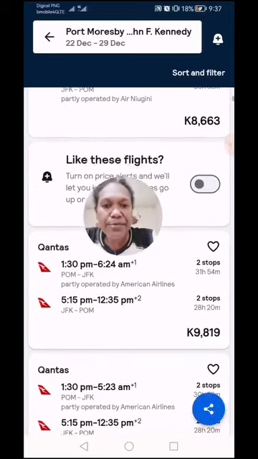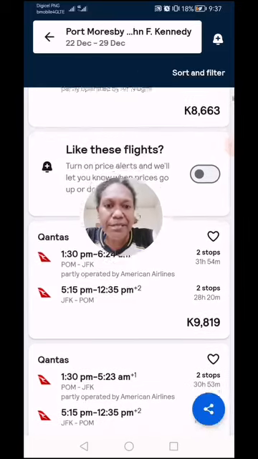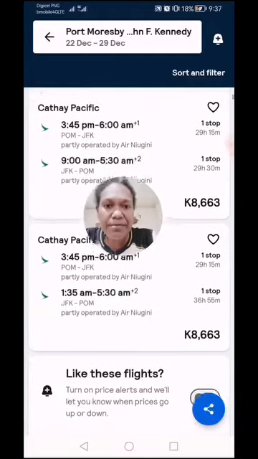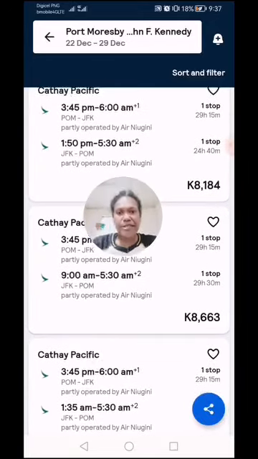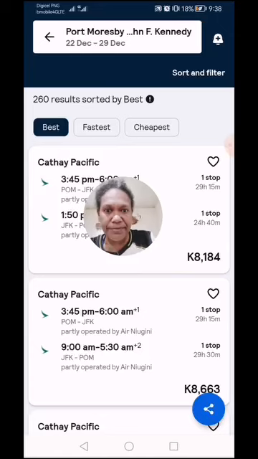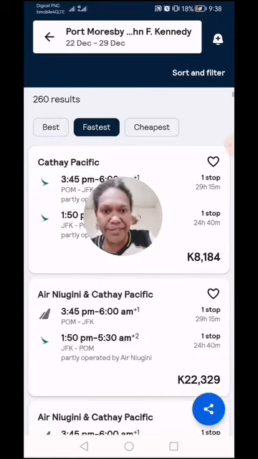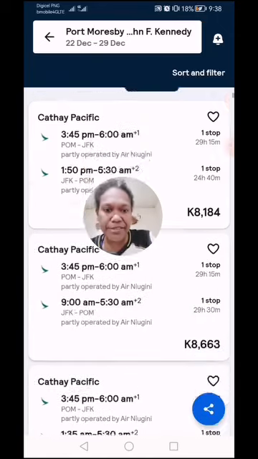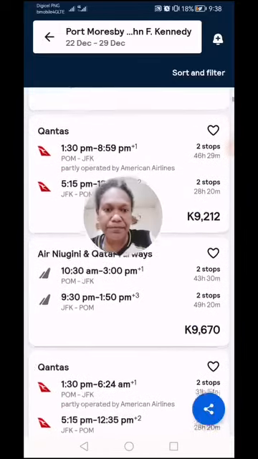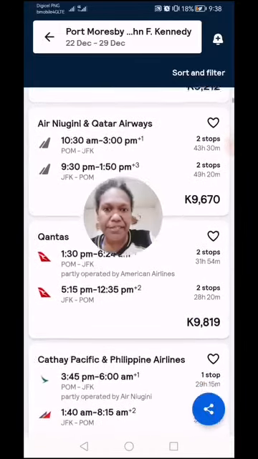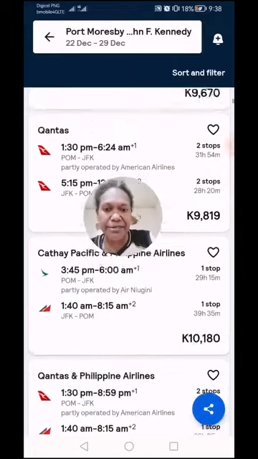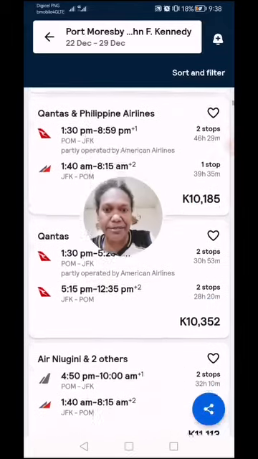I suggest visiting America, but this is probably because in December it's peak tourist season. I'm not sure. Maybe that's why there are some months where the price actually drops. Anyways, you can look at the fastest and the cheapest if you're interested in the cheapest. So you can see there's different flight options.